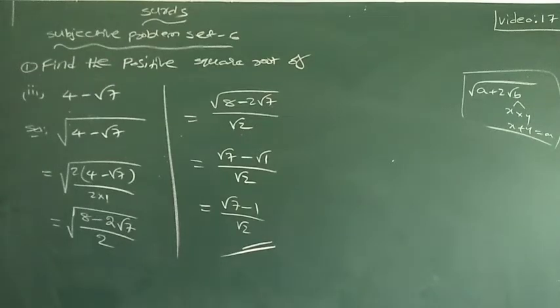Square root of 4 minus root 7, while finding that, since I don't have a 2 rational factor, I multiplied and divided by 2. 2 into 4 minus root 7 by 2 into 1, root of 8 minus 2 root 7 by 2. Now split these radicals: root 8 minus 2 root 7 by root 2. Again the square root form I applied. Simplification: 7 1 is 7, 7 plus 1 is 8. So root 7 minus root 1 by root 2. Root 7 minus root 1 is nothing but 1 by root 2. Okay. Next